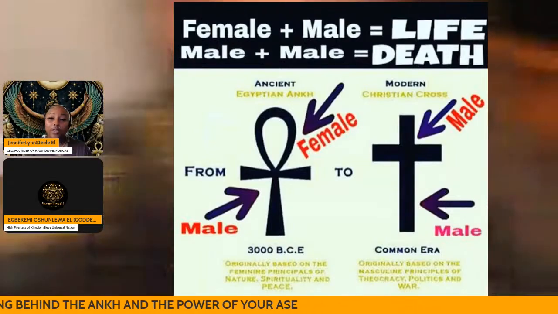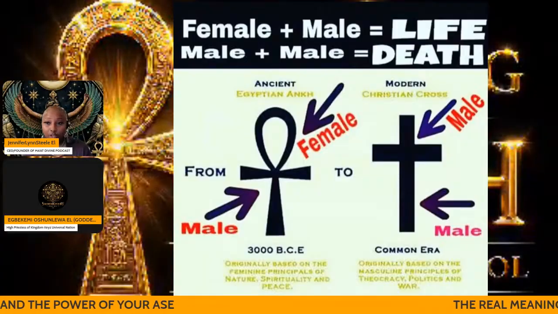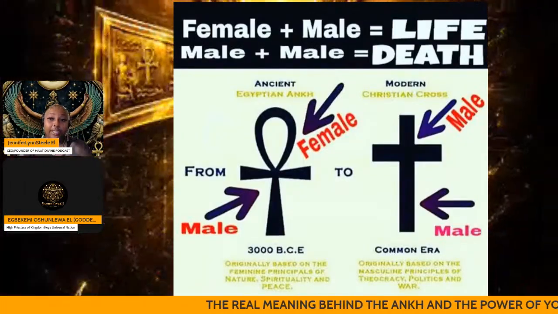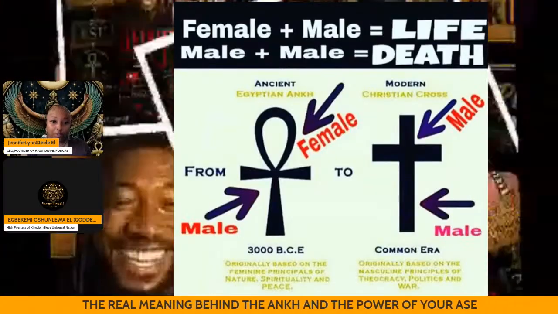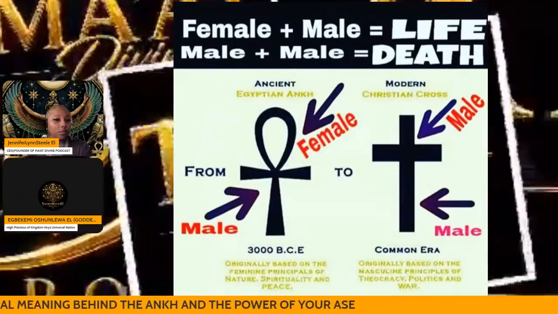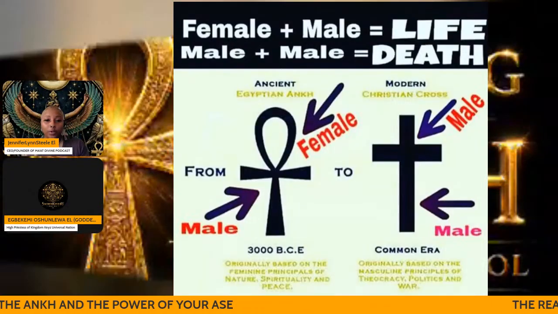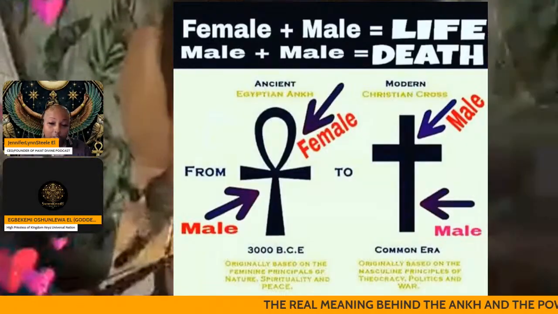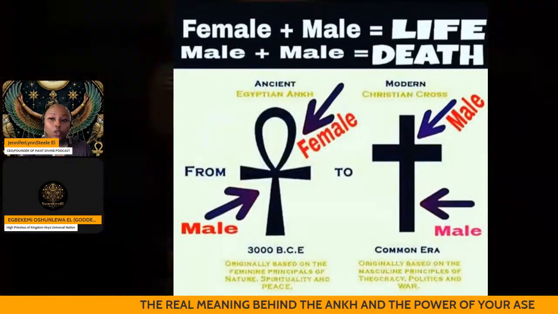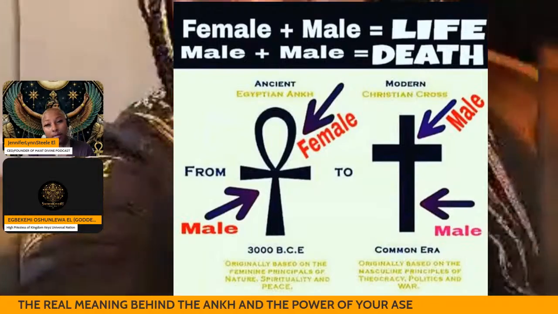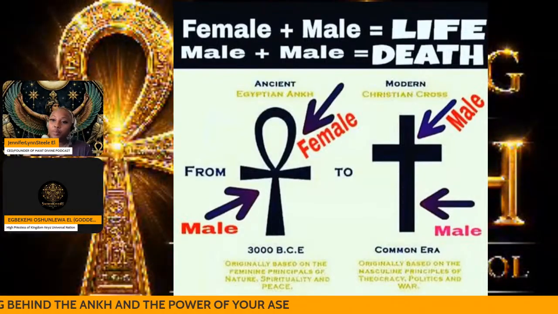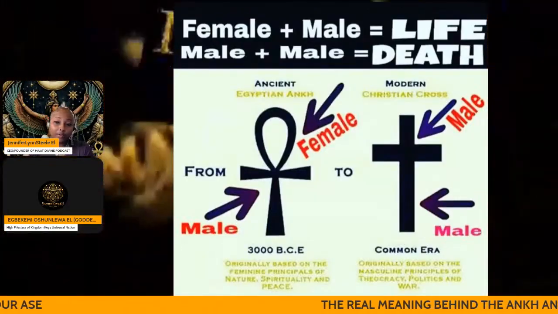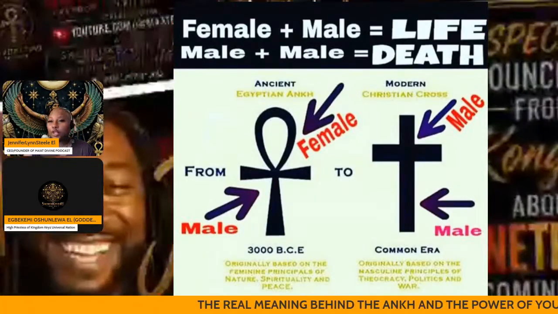So Christianity, historically, you all, the Ankh existed thousands of years before Christianity. So as Christianity spread into Egypt, Egyptian Christians, known as the Copts, do not take my word for it. Go research it and look it up for yourself. Copts were the Egyptian Christians. They began using crosses that resemble the Ankh. Some historians believe this was because the Ankh was already a familiar symbol of life and eternal existence among the people.